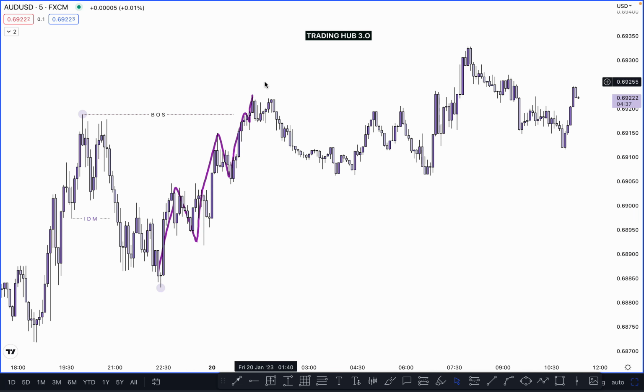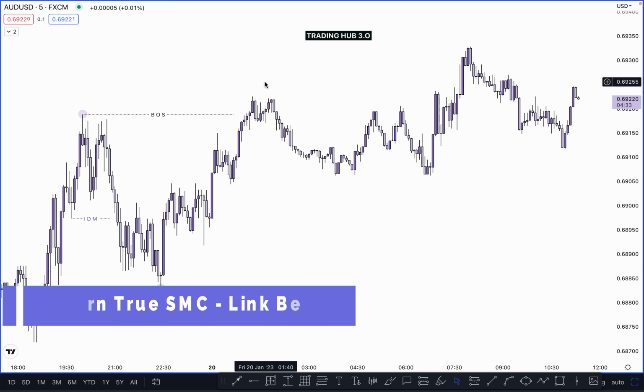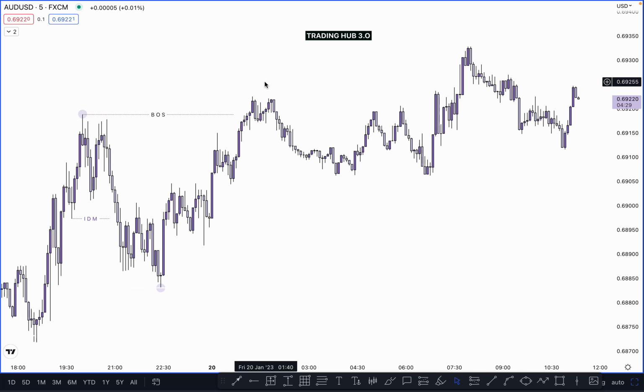Okay, and if you don't know exactly how we can identify a valid pullback, you can watch the previous video. I already explained in detail how you can identify a valid pullback. When the market takes out the previous candle high or low, that's called a valid pullback. So in this case, this candle took out the previous candle low, it means this is our valid pullback. So we can consider this one as our higher high. Why? Because the market took out the inducement at this point, which one is here.